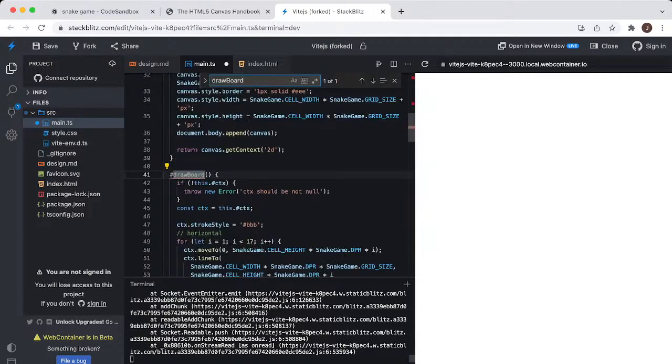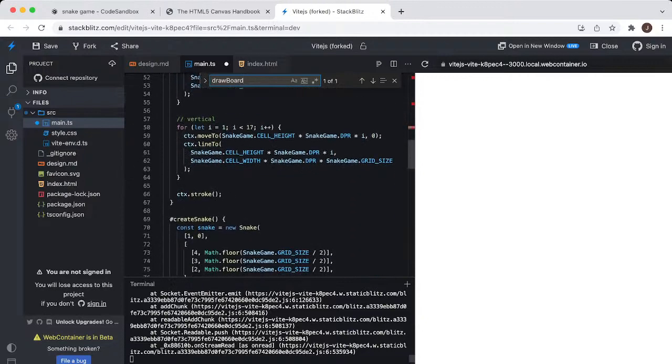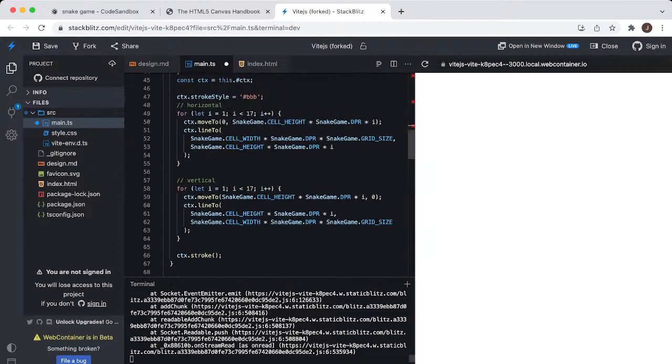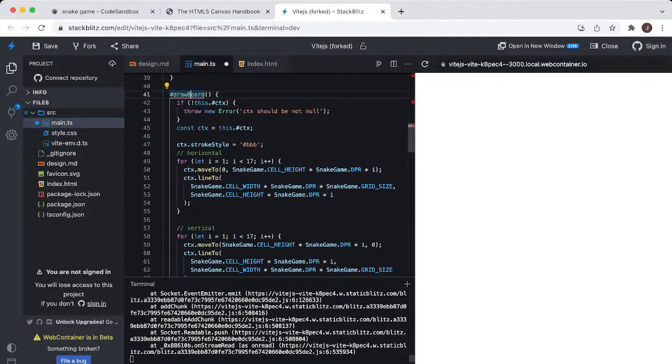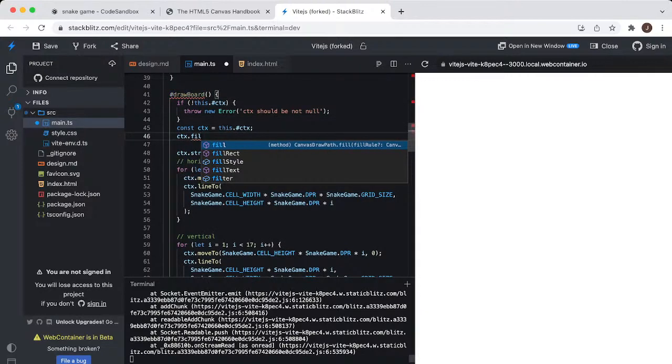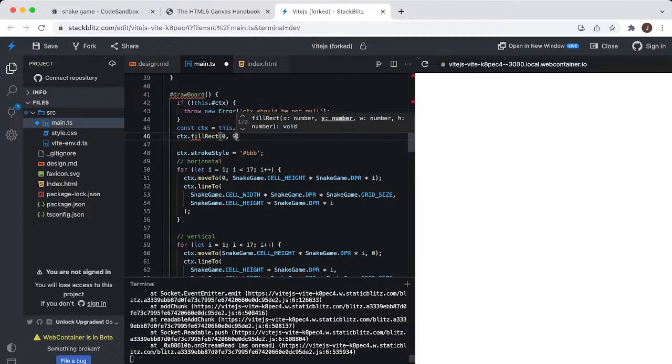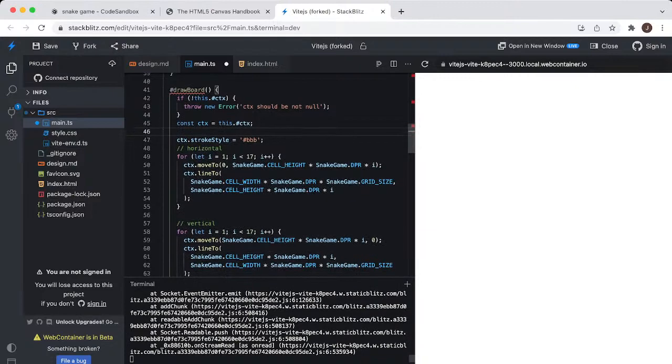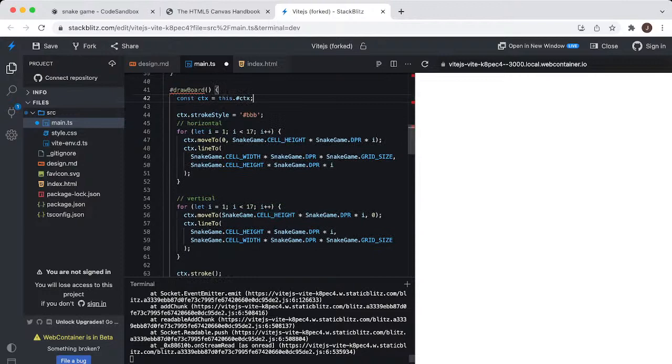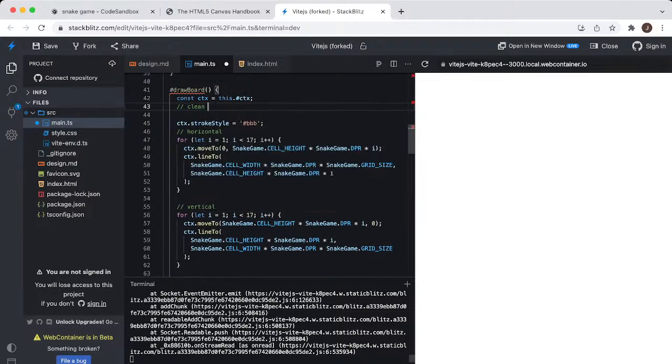Draw vertical. And we need to clean it actually. ctx fill rect 0 0. No. Let's do it later. We need to clean it. Clear. Stroke, and then